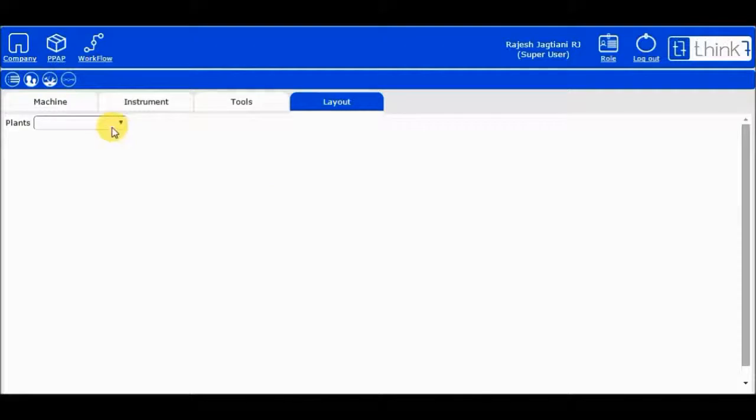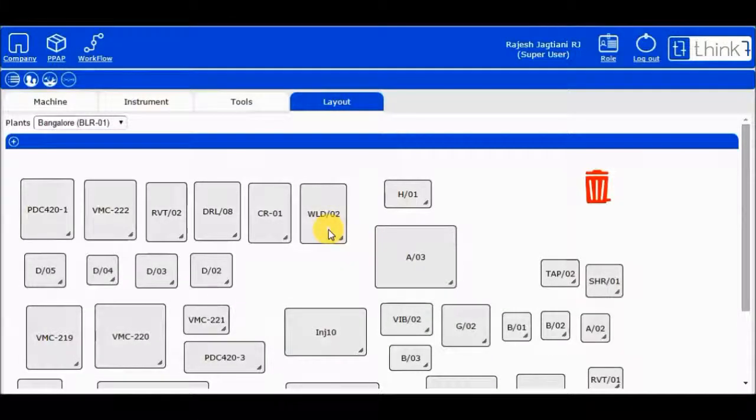We have now introduced a new functionality where you can delete the machines from the machine dashboard. To delete any machine, you simply have to drag the machine onto the trash can and drop it there. Please note that deleting a machine from this screen will not make the machine inactive, and work orders can still be executed on that particular machine.